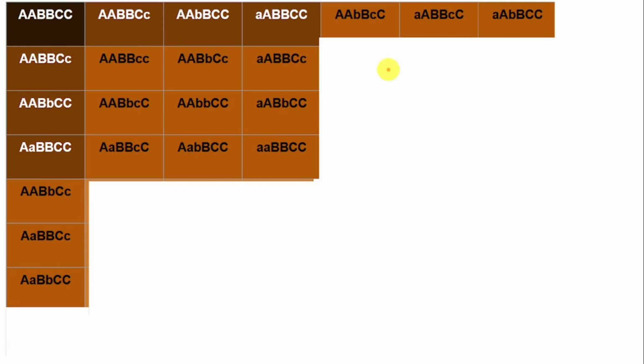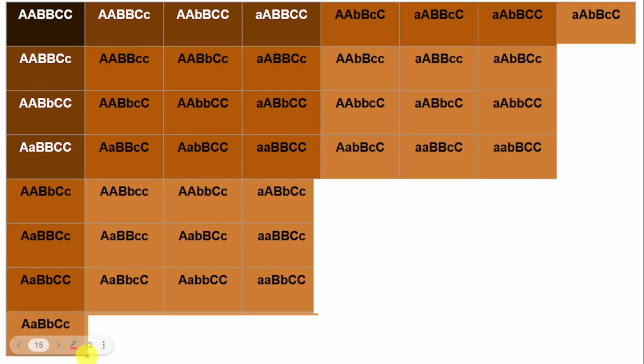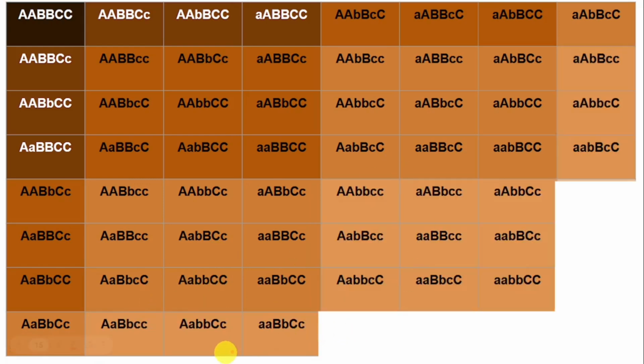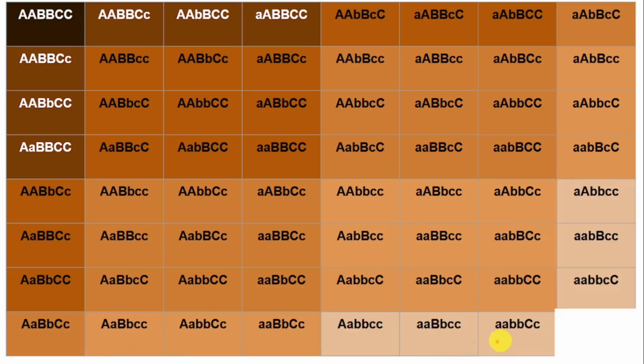In a further lighter shade, you have 4 dominant and 2 recessive. Then a further lighter shade will have 3 dominant and 3 recessive. Then this is even lighter than this. Here you can see only 2 dominant in these boxes and 4 are recessive. Then a further lighter shade has only 1 dominant and 5 are recessive. And in this case, all 6 are recessive. So this is the gradation which we see in skin color inheritance.